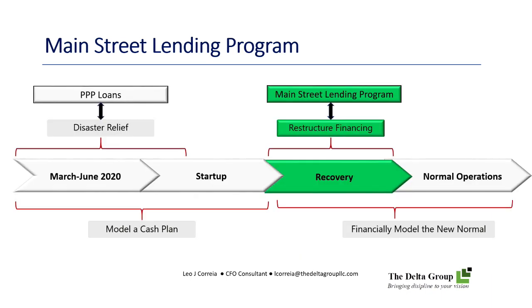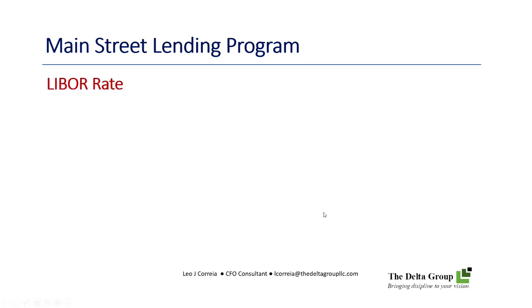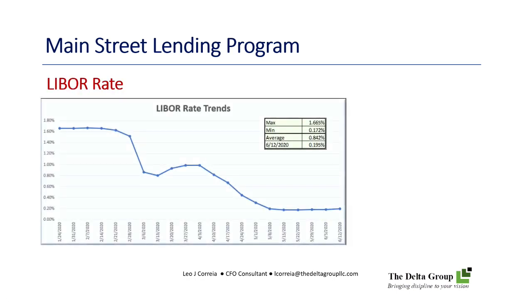There is no doubt the Main Street lending program was specifically designed to create a financing opportunity for companies during the recovery period. The Main Street lending program has an interest rate that is variable and is 3 points above the LIBOR interest rate. To get an idea of what the LIBOR rate trends are, we have graphed the last 140 days of